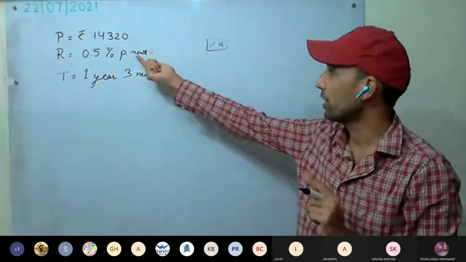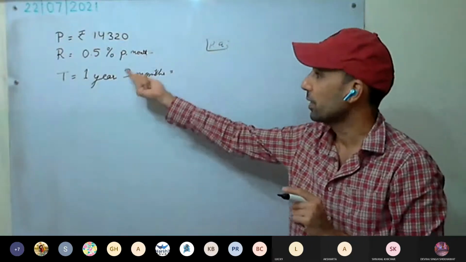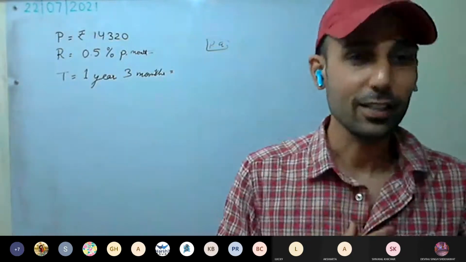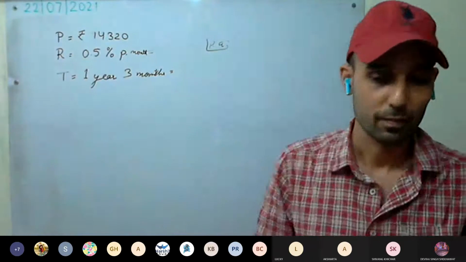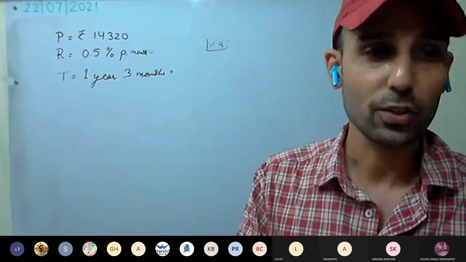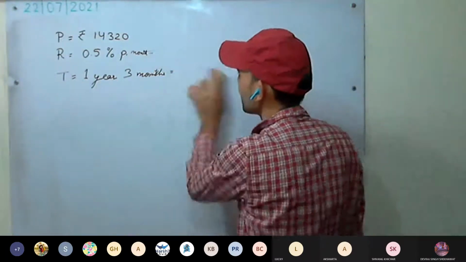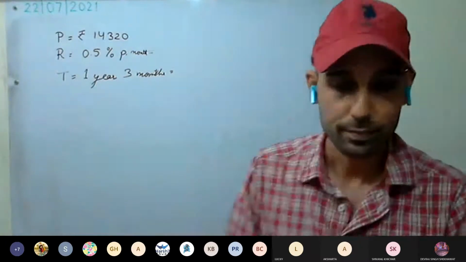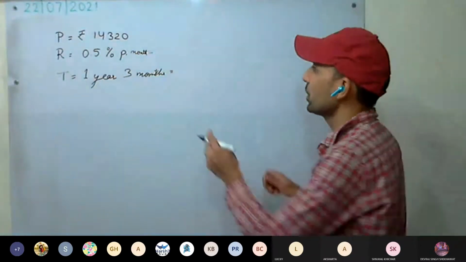Always remember if it is per annum, time should be in years. If it is per month, then time should be in months as well. If it is per day, then it has to be in days. And always remember, if somewhere more interest is charged, don't take the money, or else it will be a trap. You will fall in the trap. Okay. So do it now.